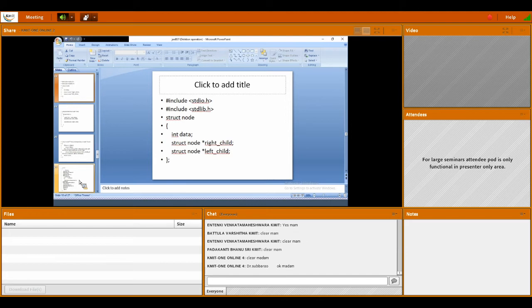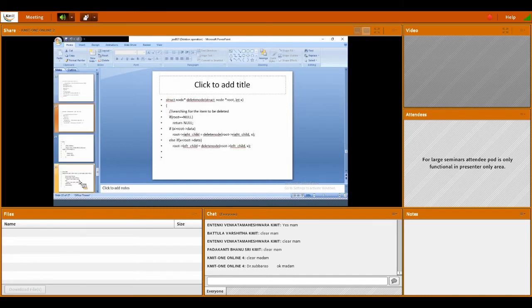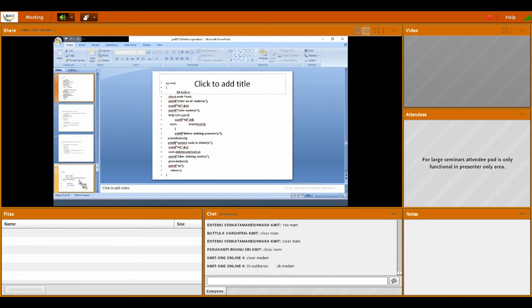The left node's address will be there. That address is stored in the left child part. And the right node will have some address. That address will be stored in the right child part. Like that, for each and every node, this is the linking procedure. Like that, we are going to create a hierarchical fashion. So creating a node means we have to create the left pointer, right pointer, and data part. Node is ready. After the node is ready, we'll go to the main part.